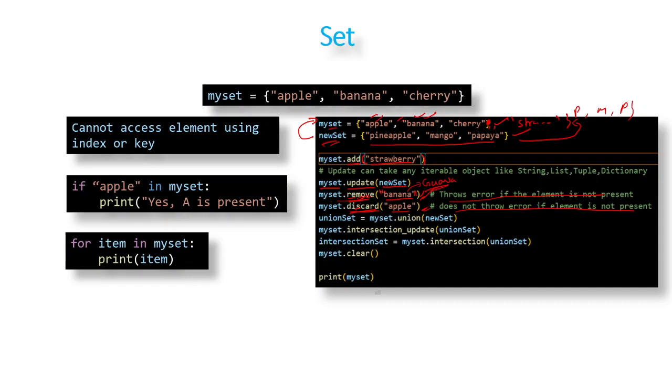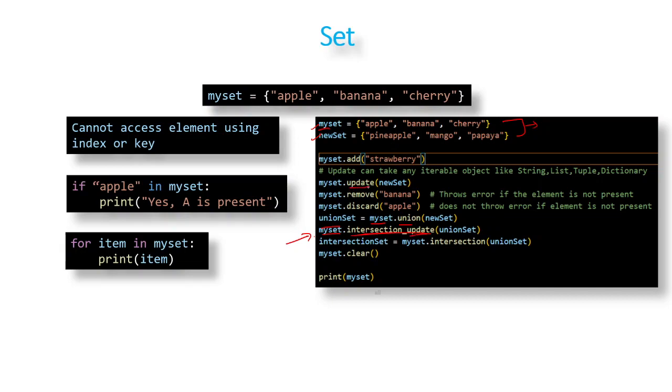We can also do union of two sets. If you do my set dot union, it will return a new set that is a union of these two sets. And you can also do intersection. There are two methods for intersection. If you see this example, my set dot intersection update, what it will do is intersection as well as update.